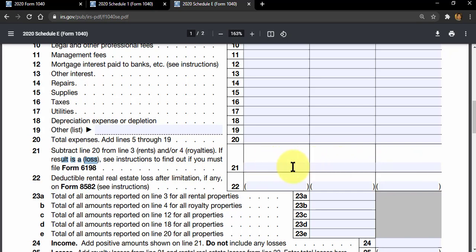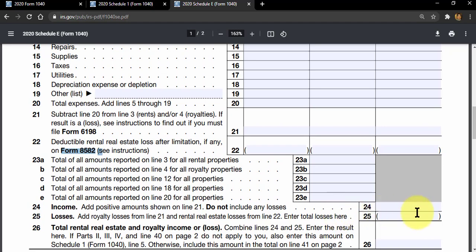Again, 3 different properties here. And we'll learn in the second video, there may be limitations in the amount of losses you can deduct, something called at-risk rules and passive loss limitations that we'll see in the second video on Form 8582. And then there's different groupings of expenses here, ultimately combining all 3 properties either as net income or loss, and if it's deductible, the deductible loss over here, and then the amount being eventually reported back